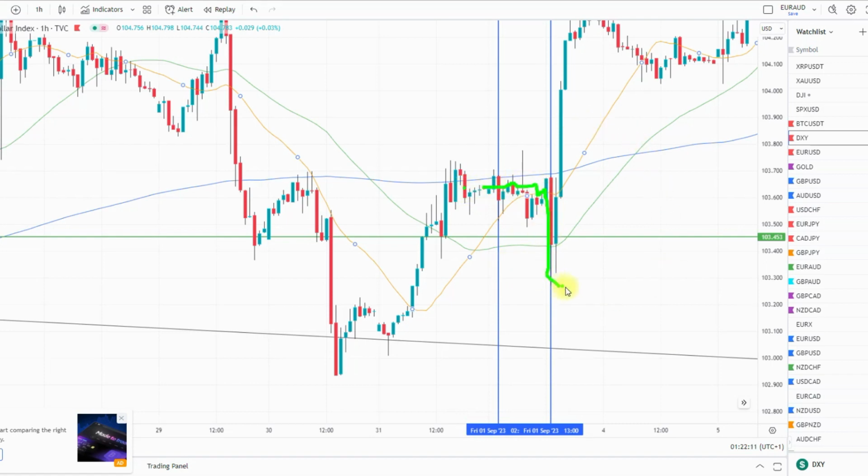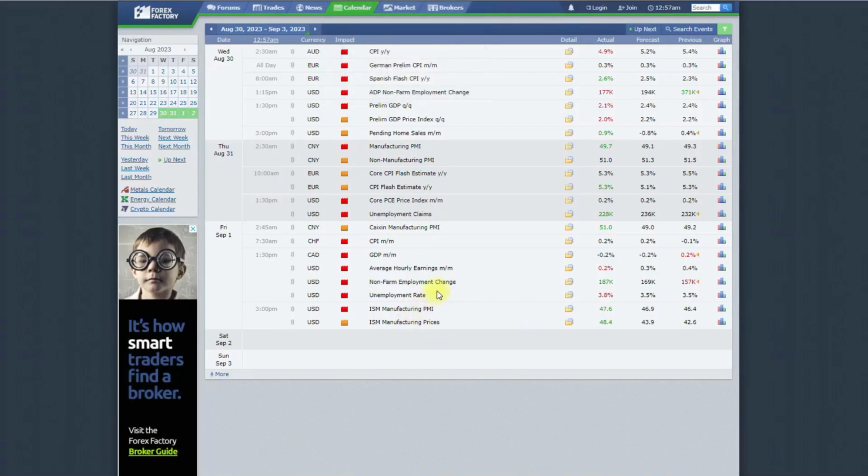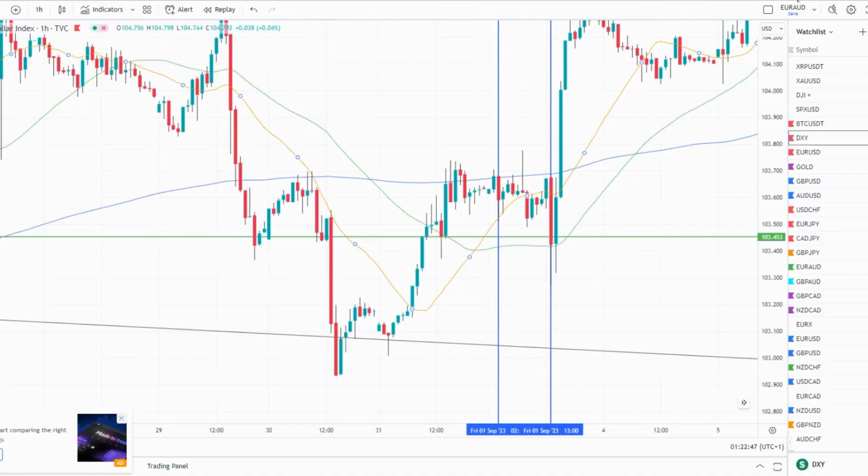So when they now drop the unemployment rate, and then the next one, which is the non-farm employment, this is actually a mixed result. This one came back better than expected, and this one comes out disappointing. So the market actually priced the non-farm employment, which is the real NFP. So that's when we have a buy at this particular area, then the US dollar is strong at this area. So hours after, let's say after 1 hour,